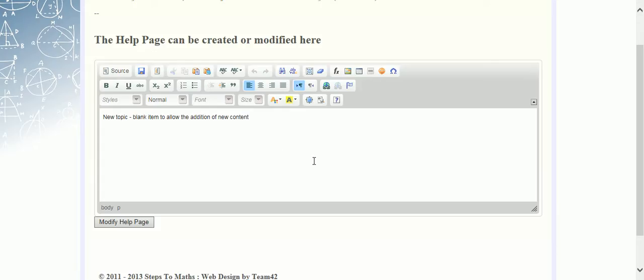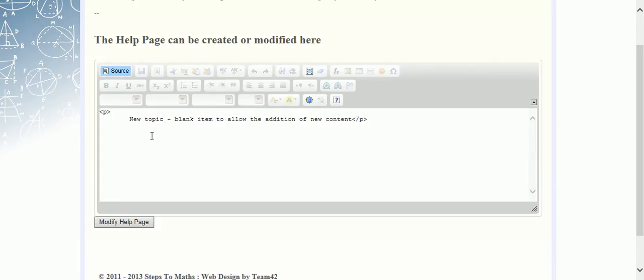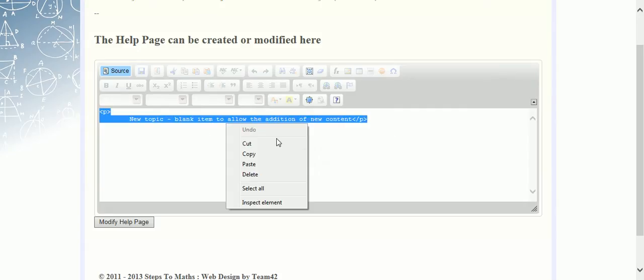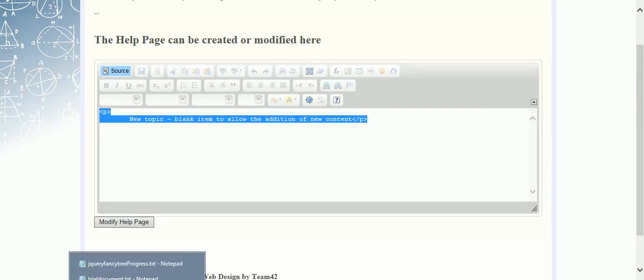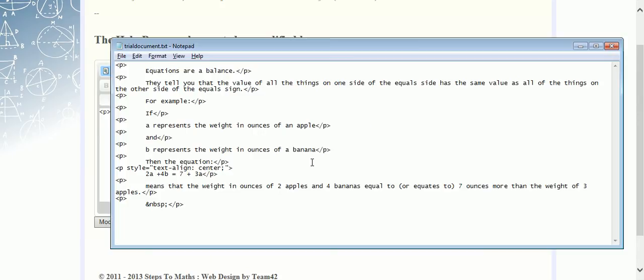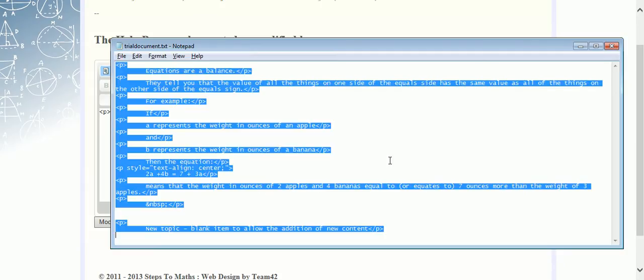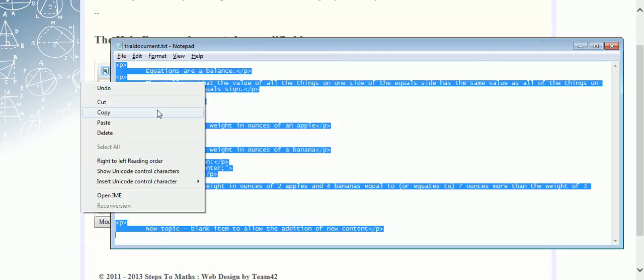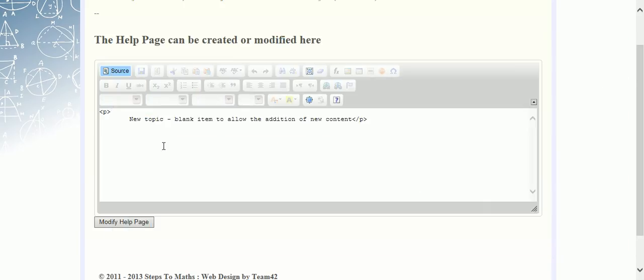So what I've done is I created some of the content here. If you look at the source, it gives you the content here in the HTML format. If you select all of that, you would copy that and paste that into a document. Here I have a document that I created a little bit earlier with all of the content in that. So I'm going to select all of this content and I'm going to copy it back in here,